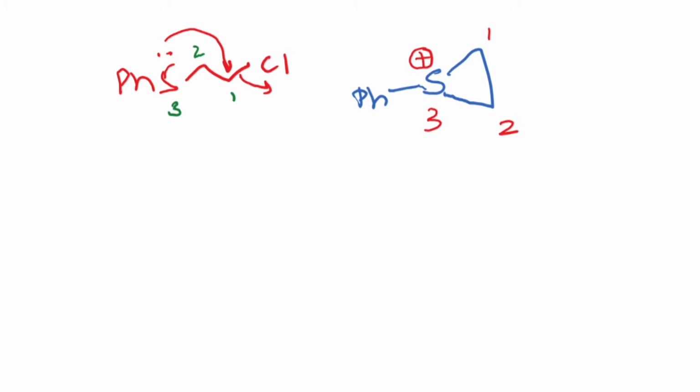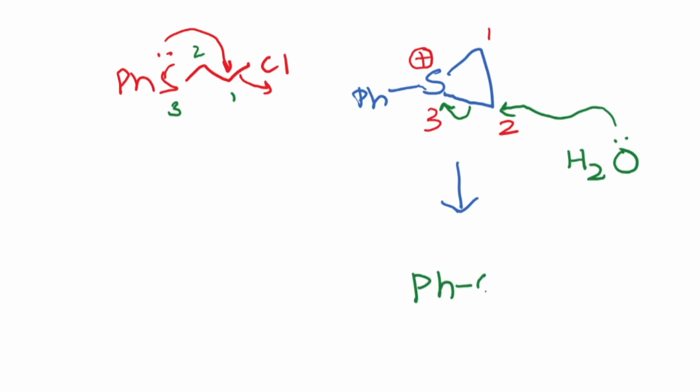Okay, so again, if it's an oxygen, this would be called oxirane or epoxide, and so this would be a thioepoxide kind of situation. And now the attack of water is greatly facilitated because of the increased electrophilicity of this carbon 1 or carbon 2. They are identical in this case. So you'll end up with SOH2